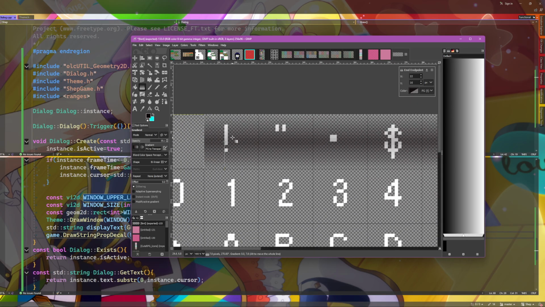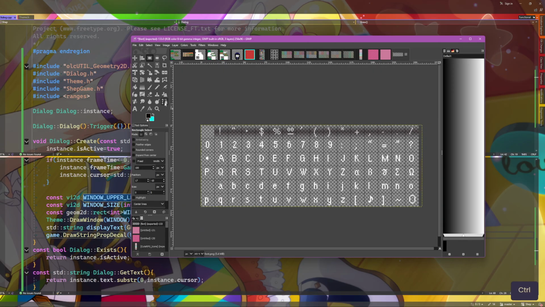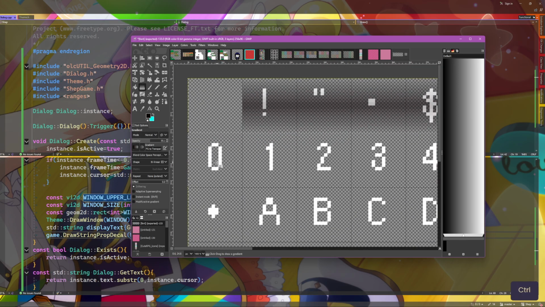Or maybe I just want it centered around each letter. Oh no. I'd have to see how this looks, because this could look weird too. It just like cuts off randomly. Just a fun little idea to try.